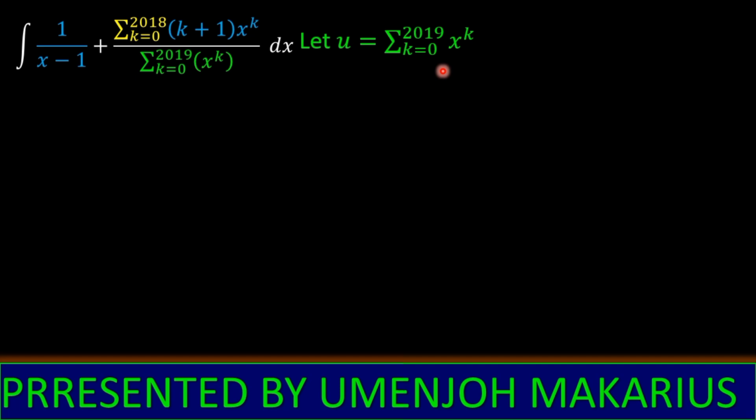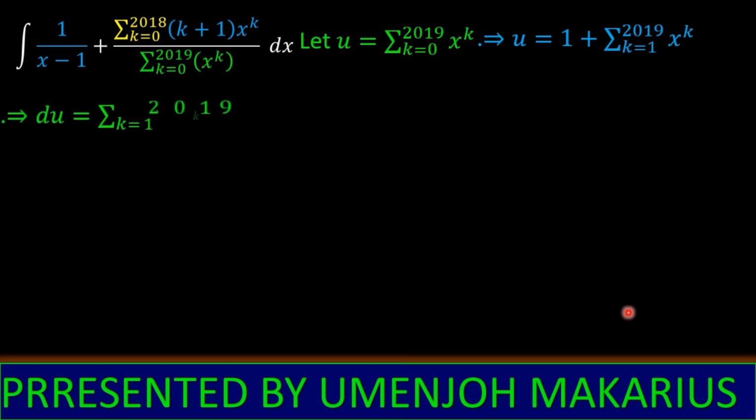Okay, so when k becomes 0, our u is still equal to, anything to the power 0 is 1, so we have 1 plus the series as k starts from 1 to 2019 of x to the power k. In this case, if you differentiate both sides, we're going to have du